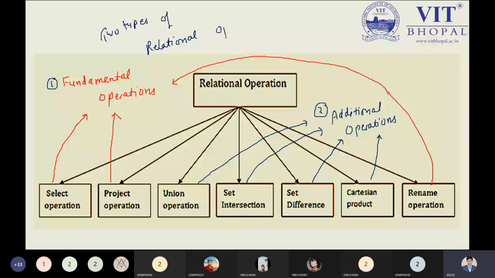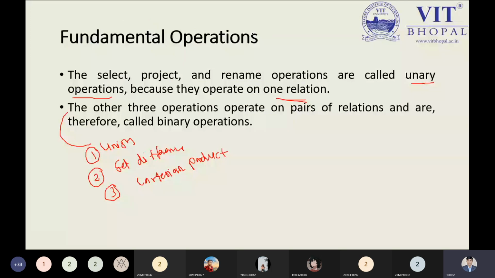After this point, let us understand the thing properly. In the fundamental operations, we have select, project, and rename, as I told you.